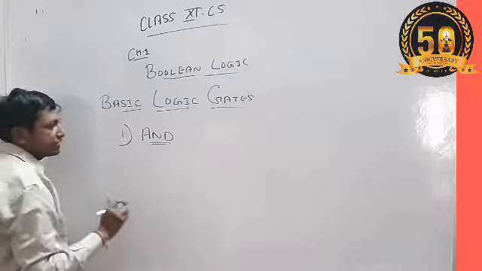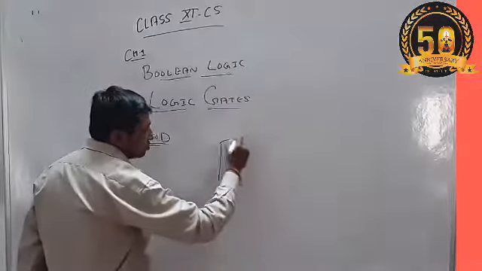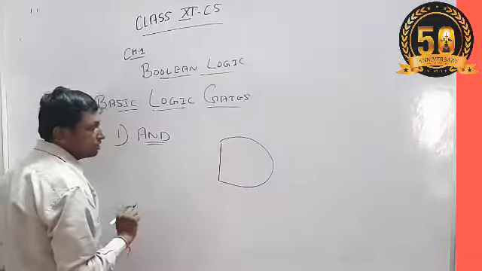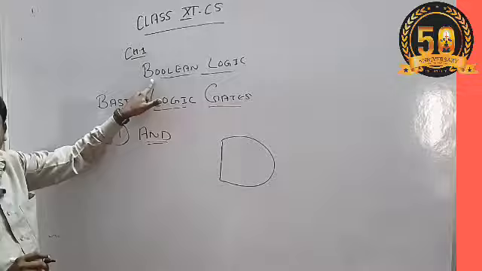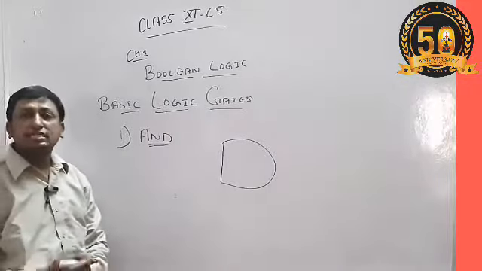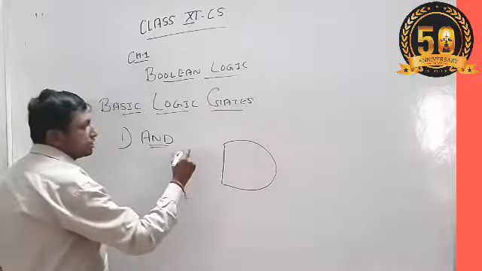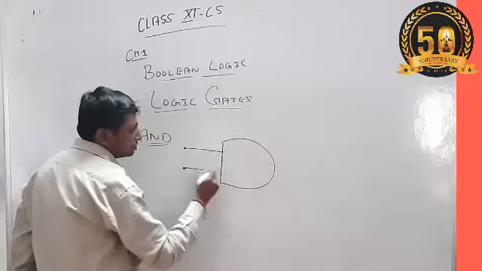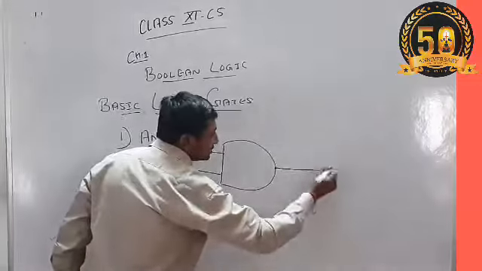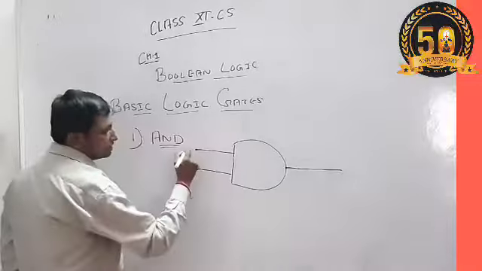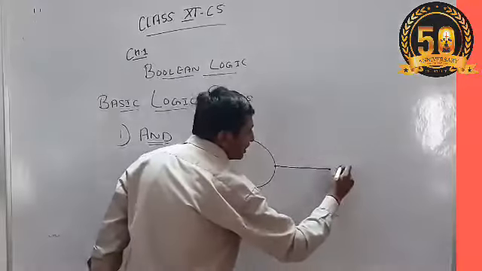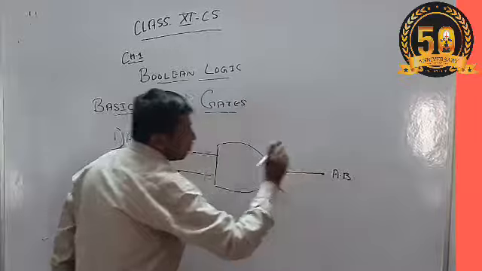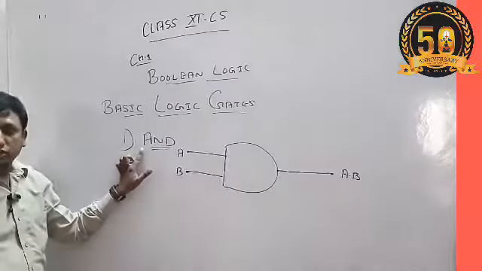And to denote the AND gate, there is a notation, a symbol just like the D symbol. The AND gate is a Boolean gate. Boolean gate means it contains at least two inputs. So if we pass these two inputs, we will get a single output. If we consider these two inputs are A and B, then finally we get the output that is A dot B. So dot represents the AND gate operation.